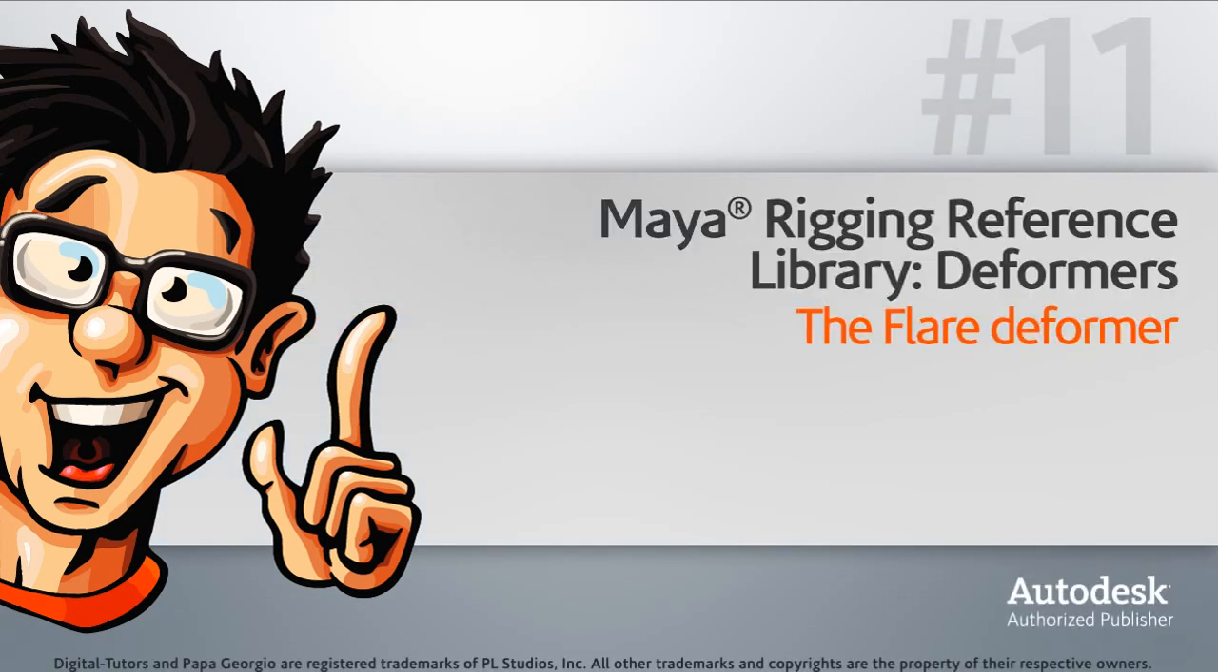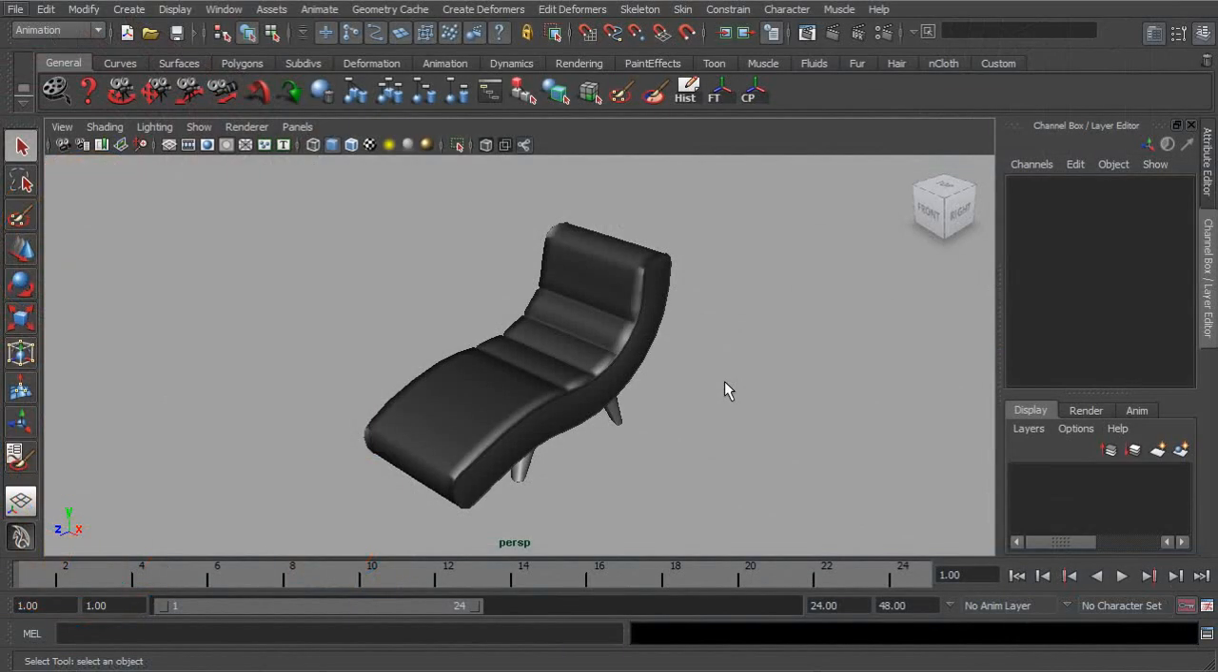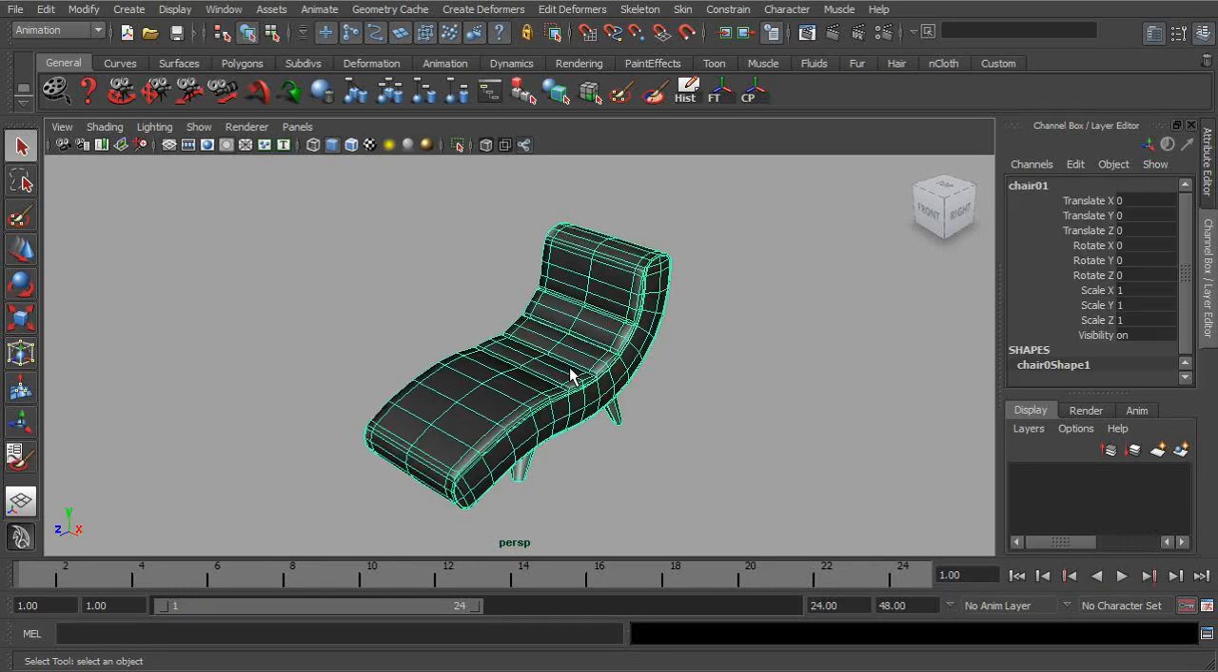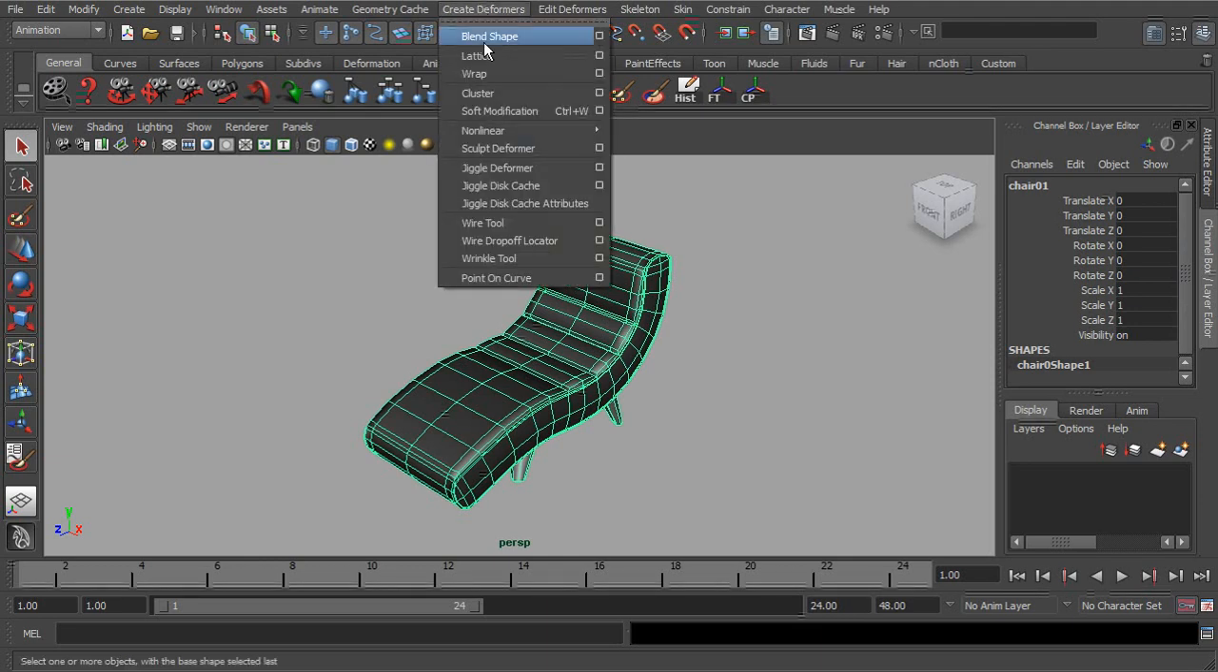In this lesson, we'll learn about Maya's nonlinear flare deformer. The flare deformer will do exactly what it says. It's going to flare or stretch out the object we apply it to. Let's go ahead and select our chair and head over to Create Deformers, Nonlinear, and we'll find Flare right underneath